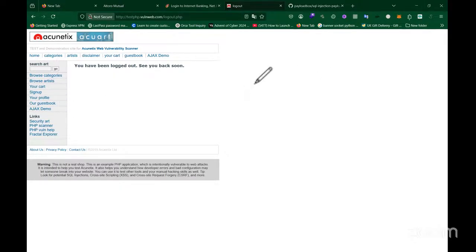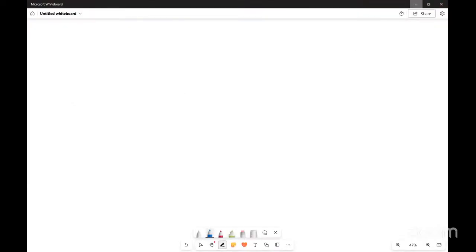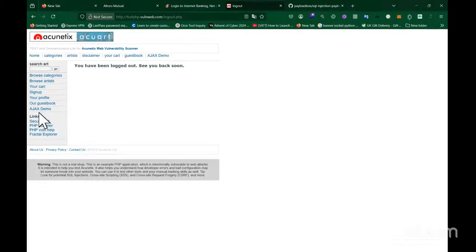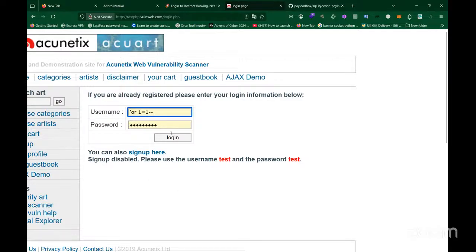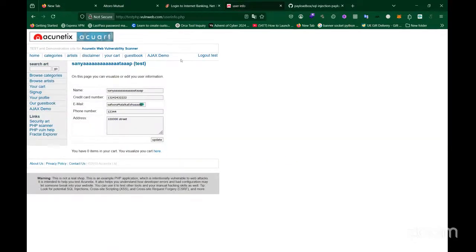For example, let me come to my whiteboard. But firstly, you all please tell me, have you seen this step where I am logged in to the site just by giving these random characters? So these characters I am giving and I am doing login. So now here I am logged in. Okay. And why am I logged in here? Because